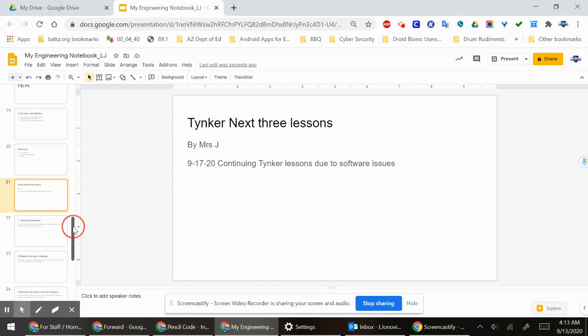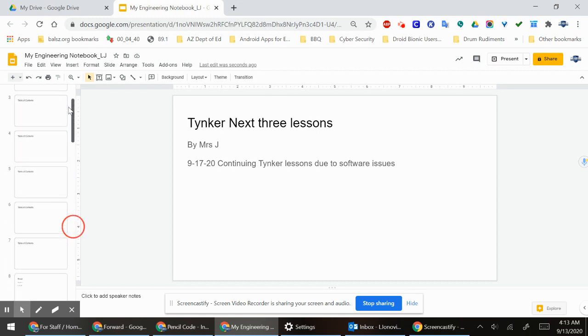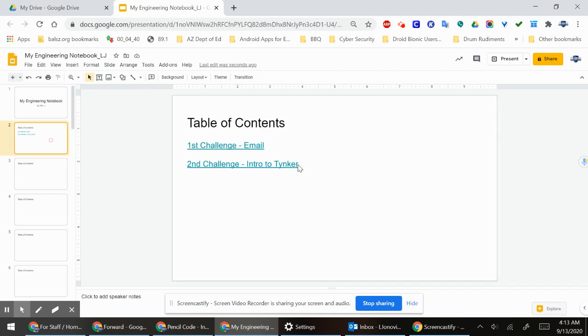Okay, now I would leave that one highlighted. I would go back up here to my slide number 2. We're going to call this one